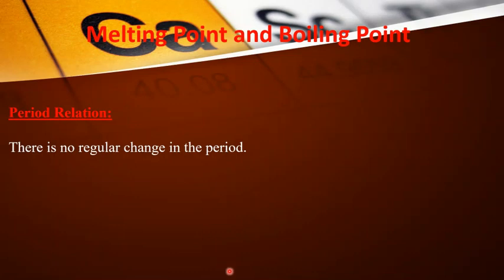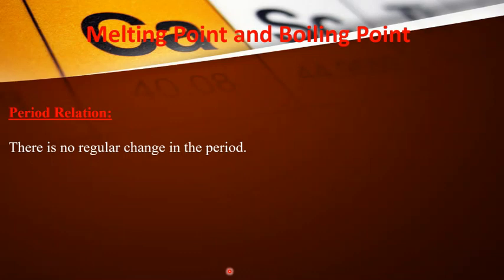So melting point and boiling point of phosphorus is less than silicon, because phosphorus is non-metal. Silicon is also non-metal, but silicon is an exception, which we will learn in upper class. And after phosphorus, the melting point and boiling point of sulfur is again more than phosphorus. Why? Dear students, you know the molecular formula of phosphorus? There are 4 atoms in a molecule of phosphorus. That means the molecular formula of phosphorus is P4.